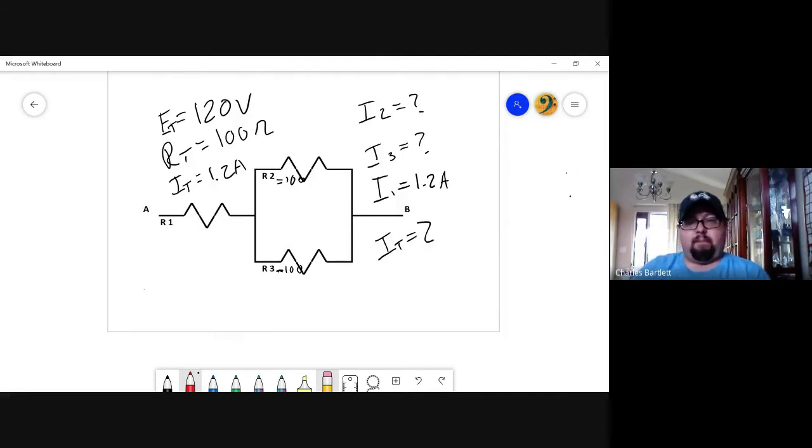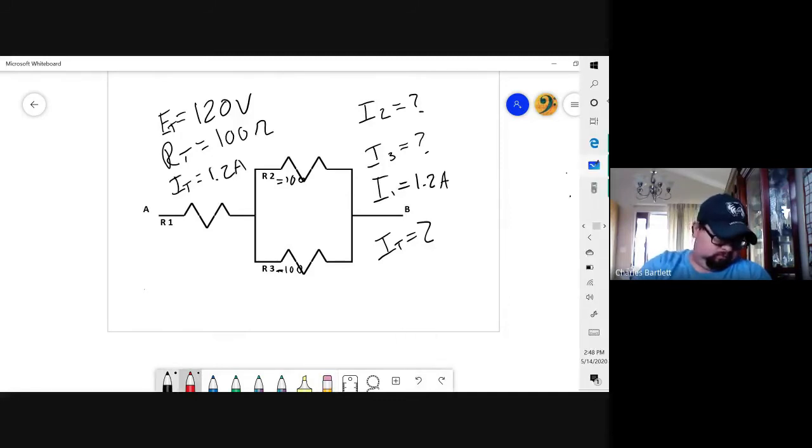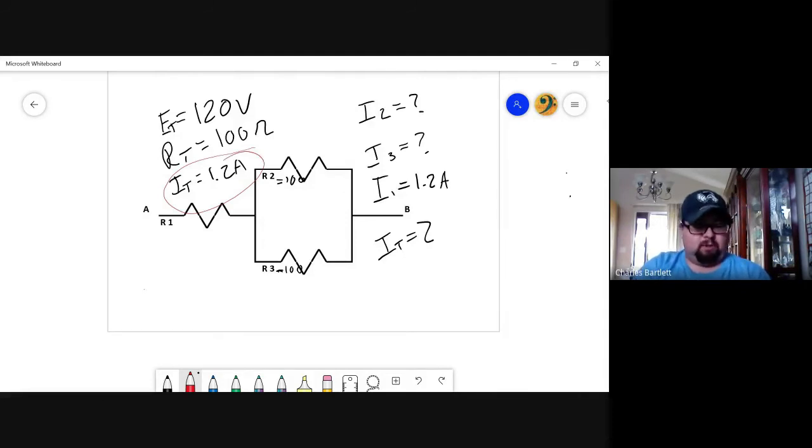And so what happens is that 1.2 amps actually gets split, and some of that amperage goes this way and some of that amperage goes this way. And how do we figure it out? It comes back in the end. So the way we figure it out is